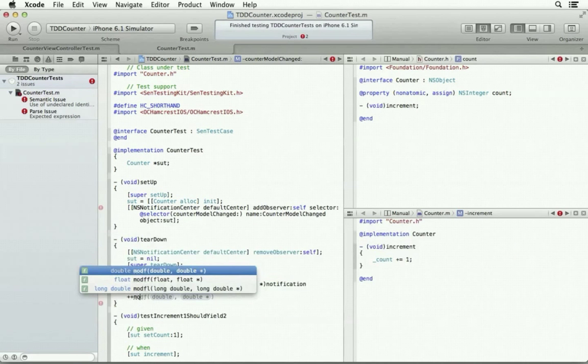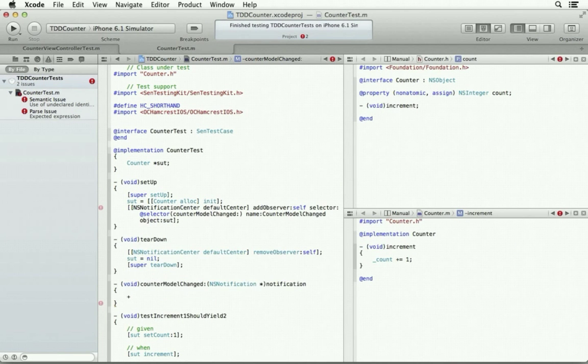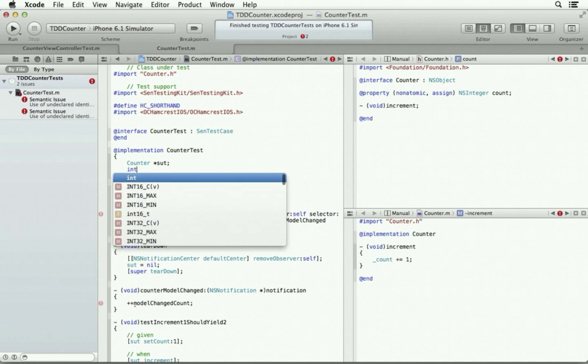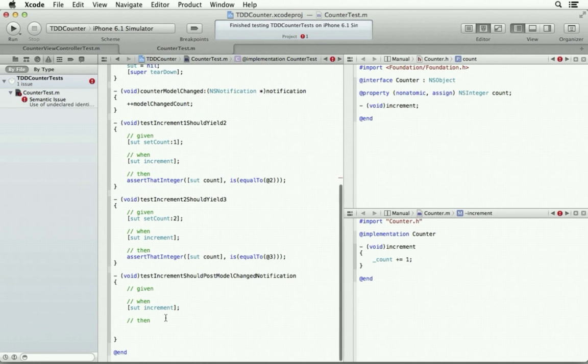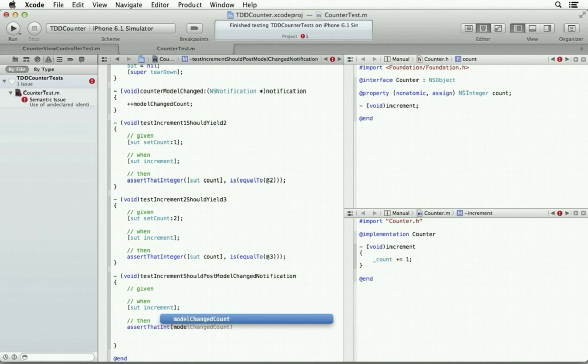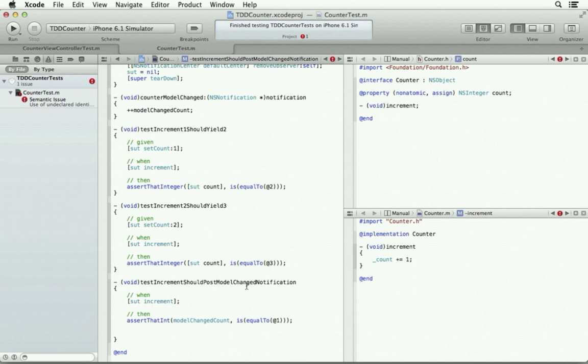Call it model changed count, which I'll put in the test fixture. Now you see the test can say assert that int model changed count is equal to 1 after an increment. That looks like a pretty good test.